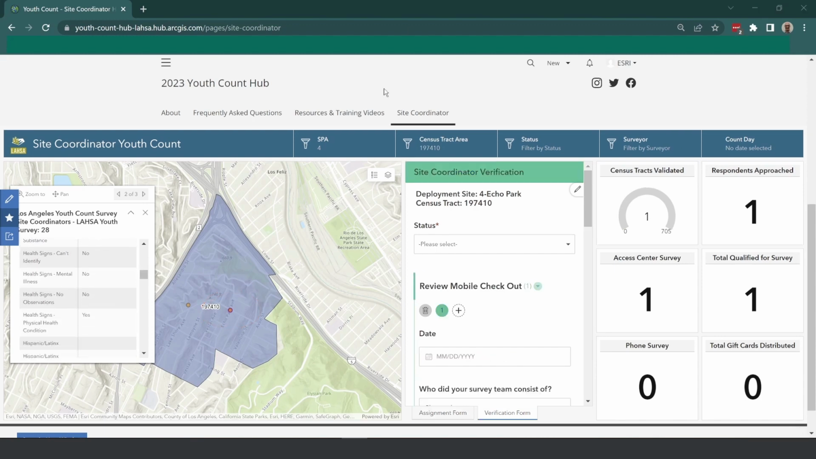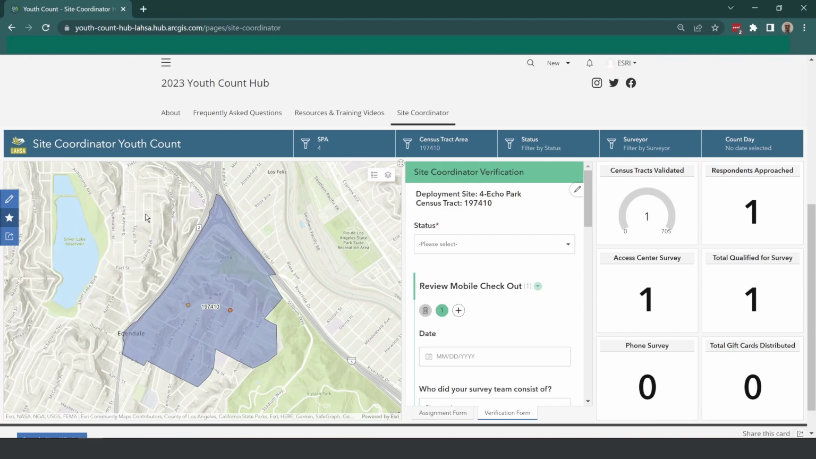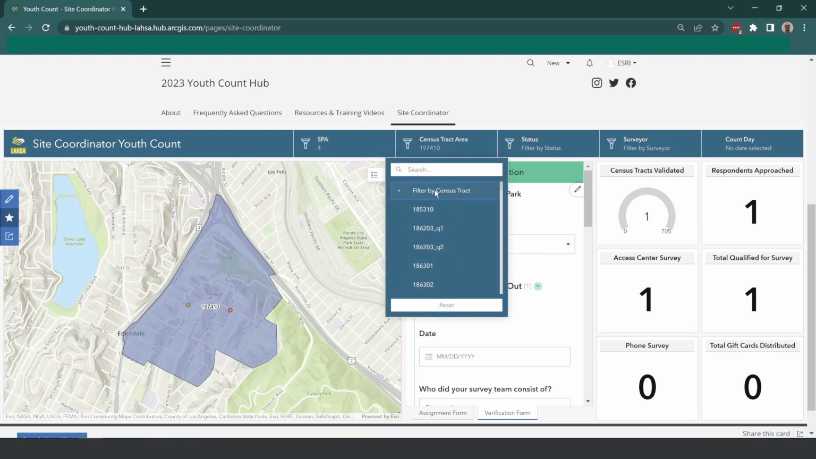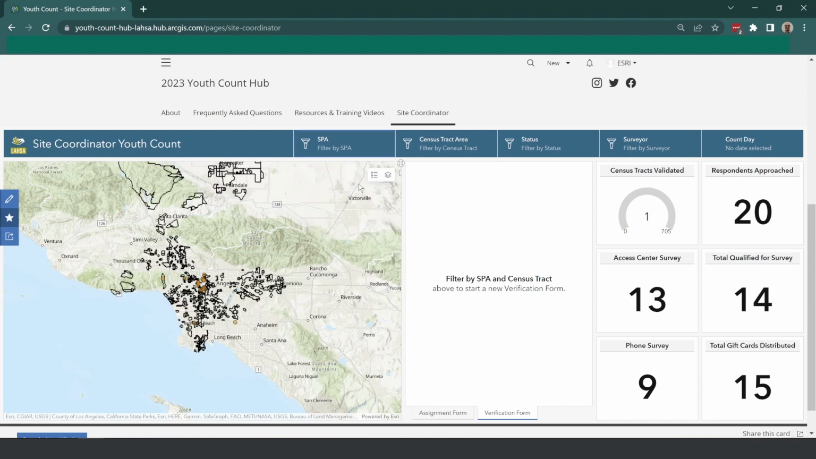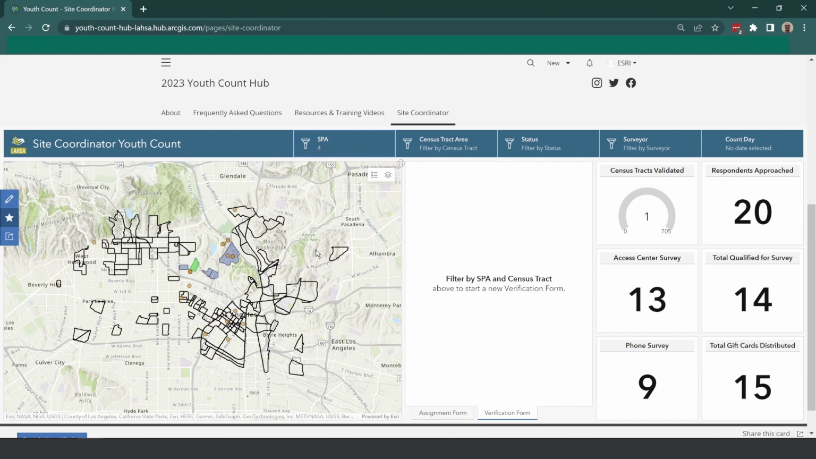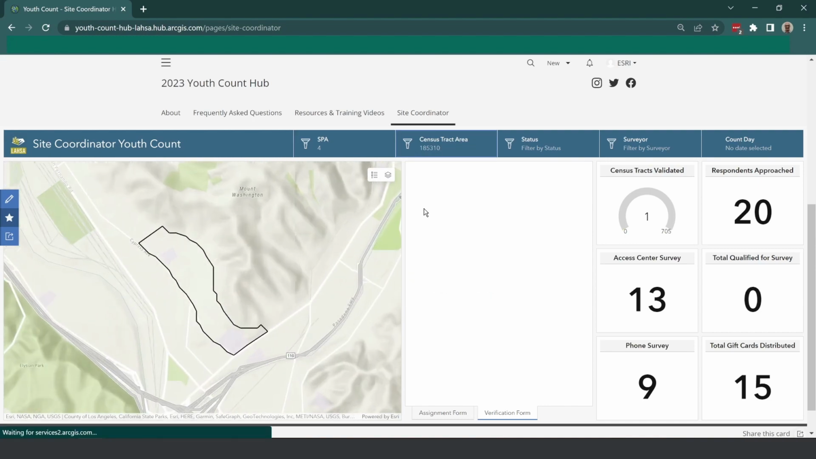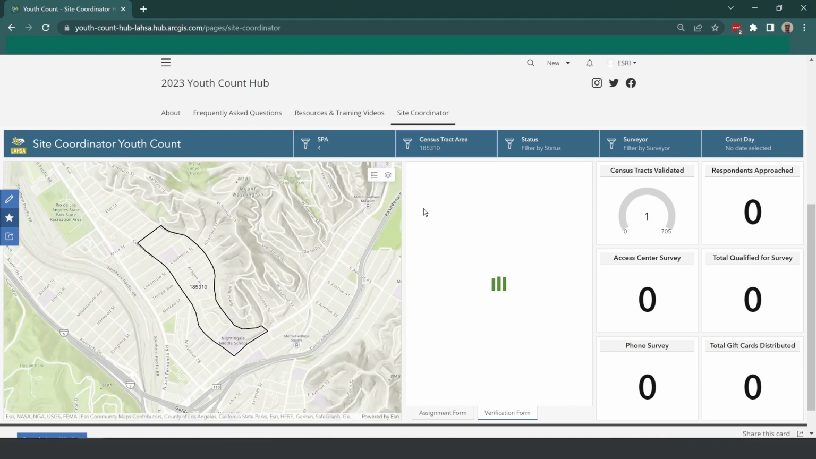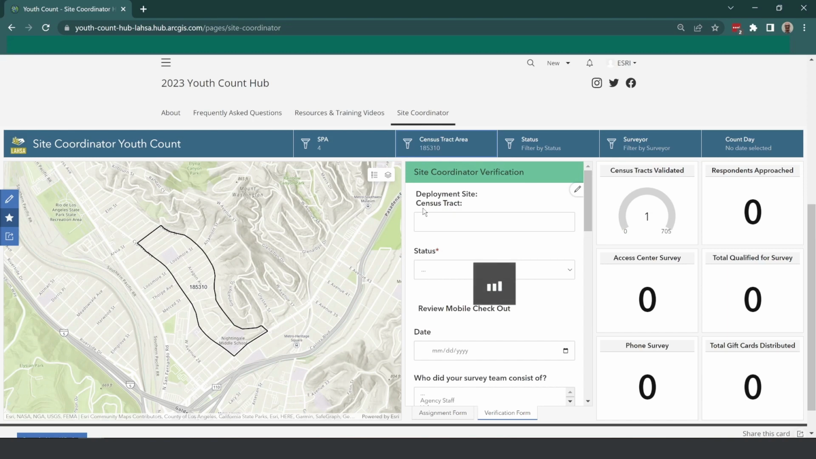Now I want to touch on the blue filter bar. I'm going to go ahead and first remove all of the applied filters. Now SPA, census tract area, and status will filter the tracts. You'll notice that by filtering a SPA, it's going to filter groups of census tracts, but doesn't affect the count boxes on the right. Filtering by census tract area filters out all tracts except for the selected one, and it